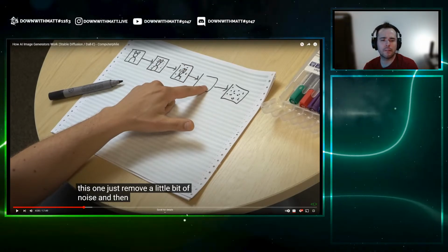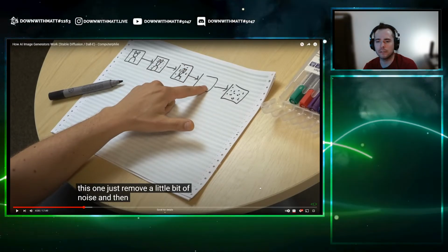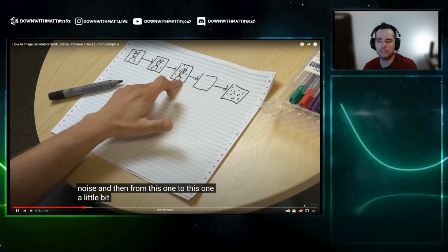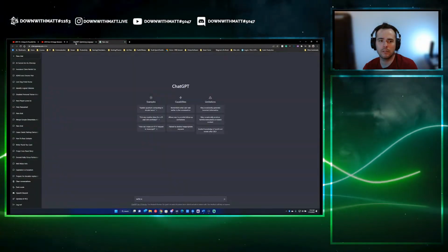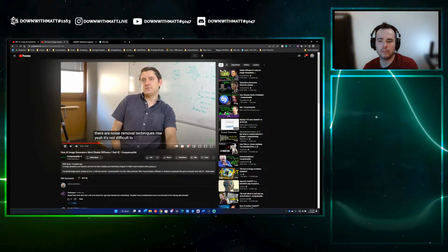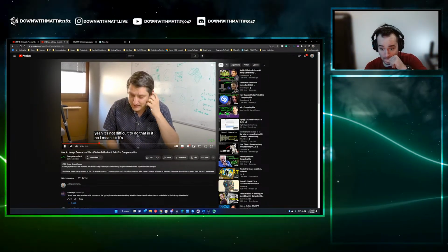I mean, I was following this for a while. I'm starting to get confused now. From this one to this one, a little bit more noise. Well, in traditional image processing, there are noise removal techniques, right? So it's not difficult to do that, is it? No, I mean it's difficult in the sense